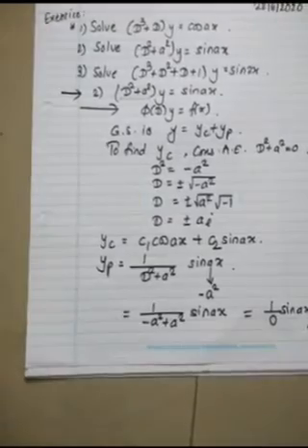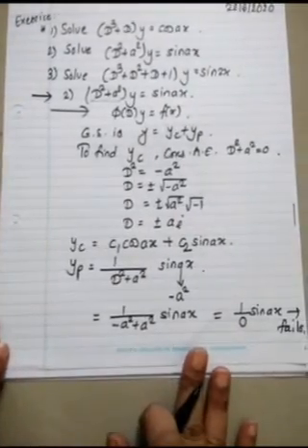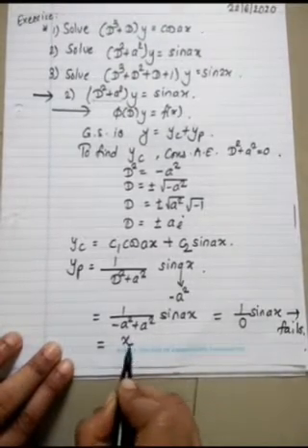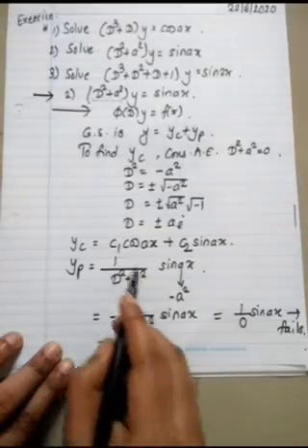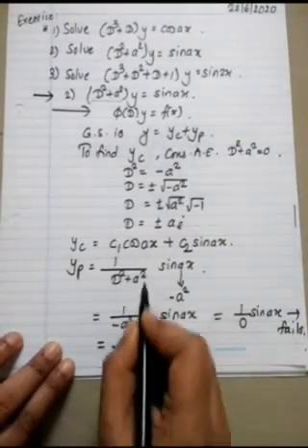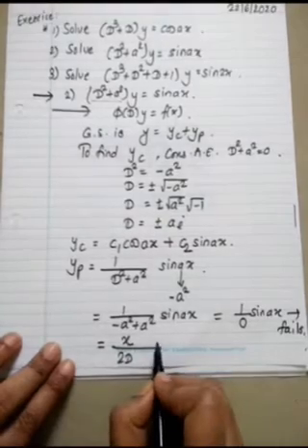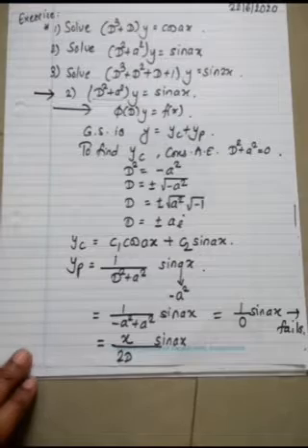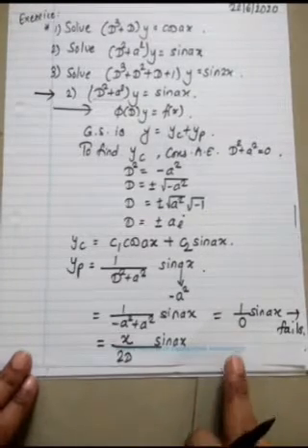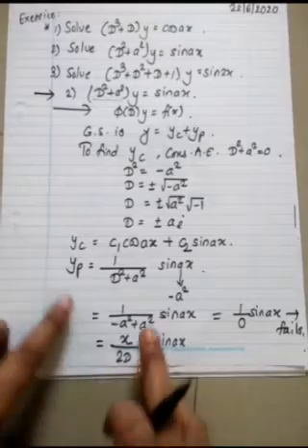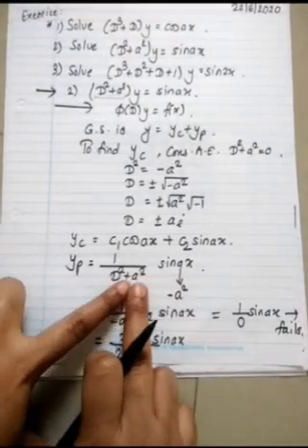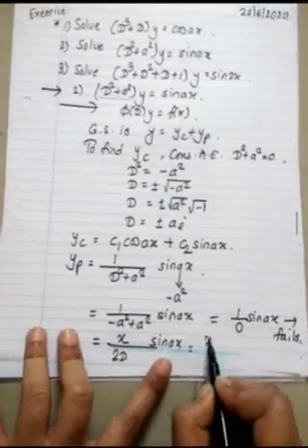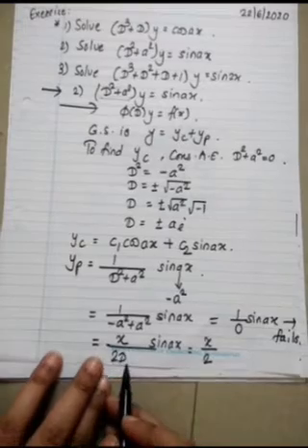So what to do here if the case fails? You know it. You have to multiply by the independent variable x and take the derivative of the denominator. Derivative of D square plus a square is 2D, and derivative of a square is 0 as it is constant, into sine ax as it is. Getting this step? Yes, ma'am. But now that x by 2 is no problem. There is 1 upon D of sine.